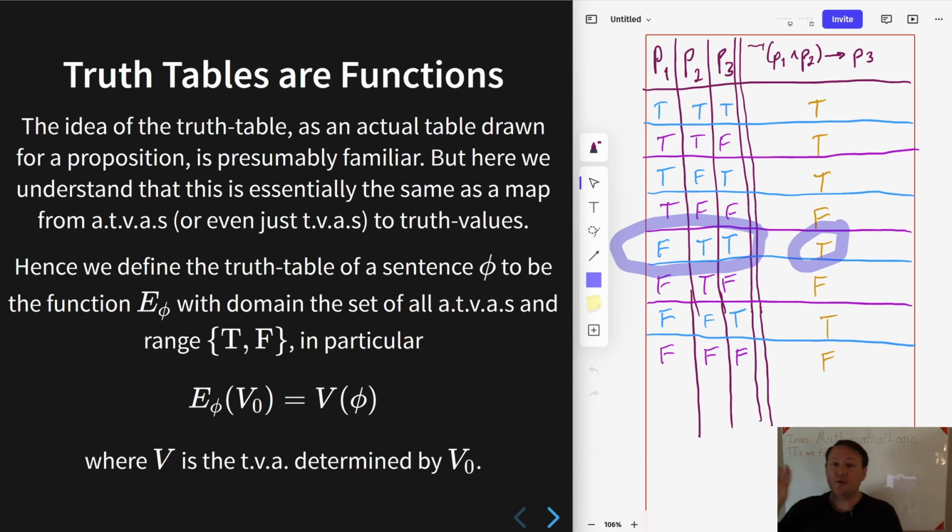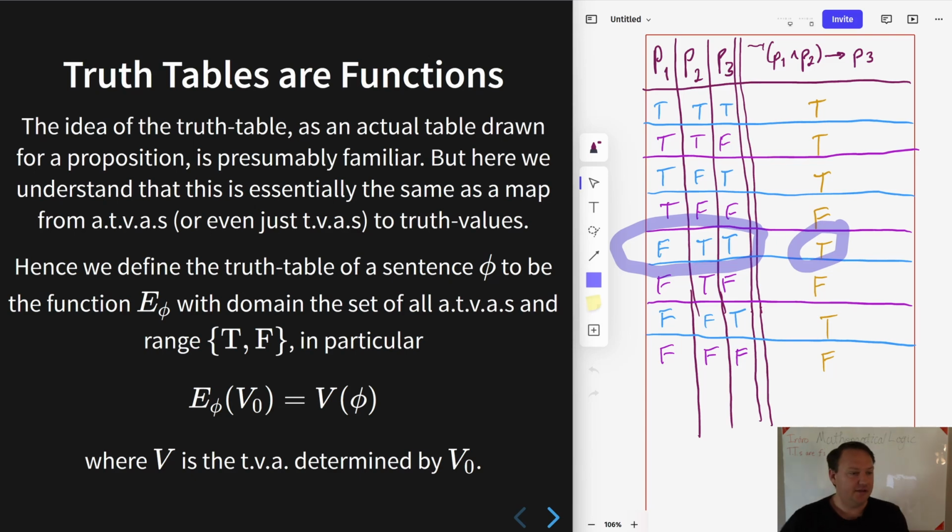And I want to point out that the book actually doesn't make it atomic truth value assignments. I chose to go with atomic truth value assignments because that just looks more like what we're familiar with in a truth table. But it actually doesn't matter whether you take this to have as its domain the atomic truth value assignments or the truth value assignments generally. So in any case,